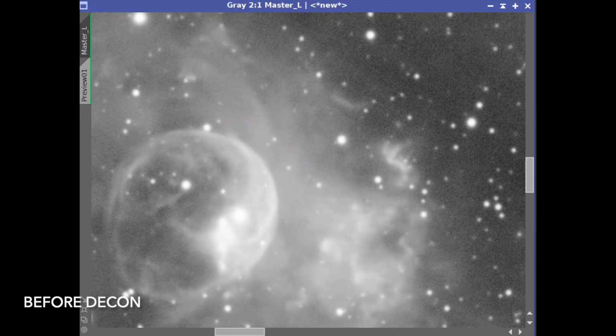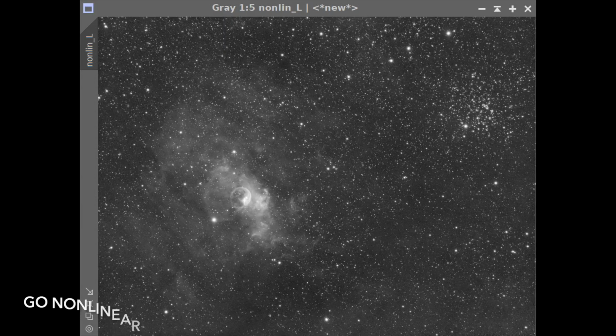I'm now zoomed in on the area around the bubble, and this is what it looks like before we apply deconvolution. And now we've applied deconvolution, and you can see there is just a slight jump in sharpness and a reduction in the star sizes. At this point, we're done with our processing in the linear domain, and so we're ready